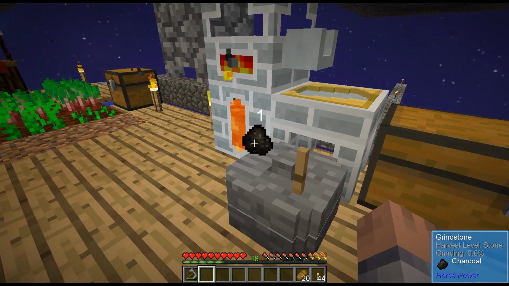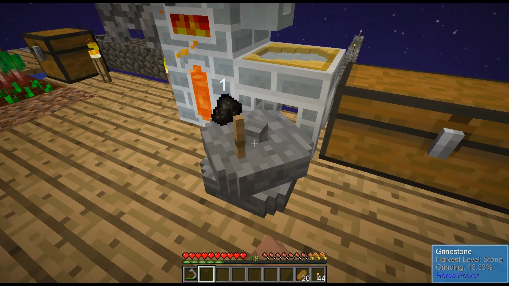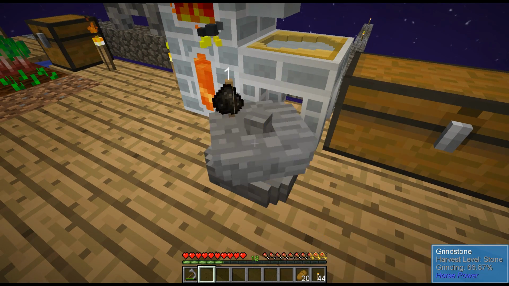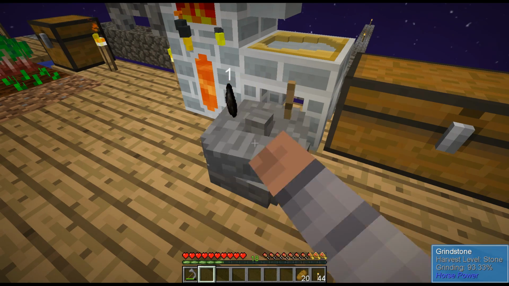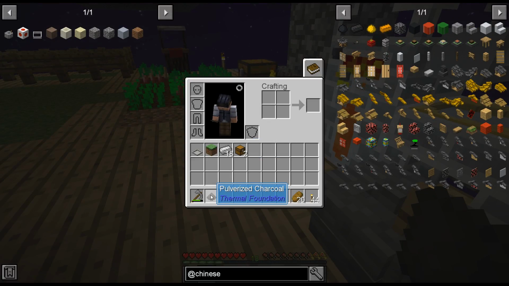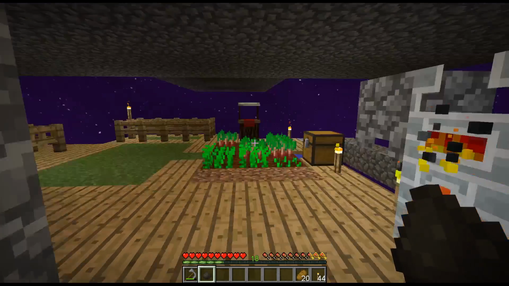If you want to take that off again, you shift right click hovering over that. Is it just right click? No, you need to shift right click. And otherwise, you just right click the thing here and it spins. And then after a short amount of time, we're gonna get this right there. And then with shift right click, you pick it up, and that is pulverized charcoal. And you guys can see it counts as dye,